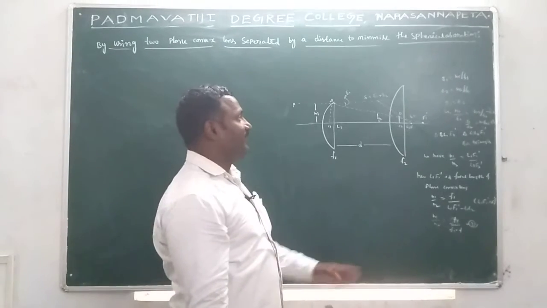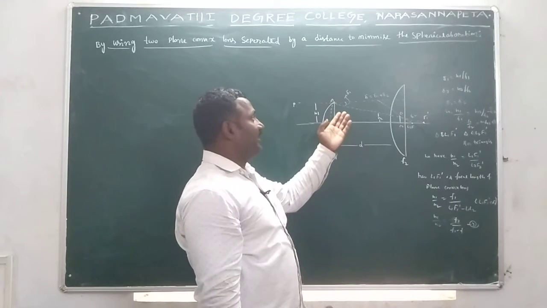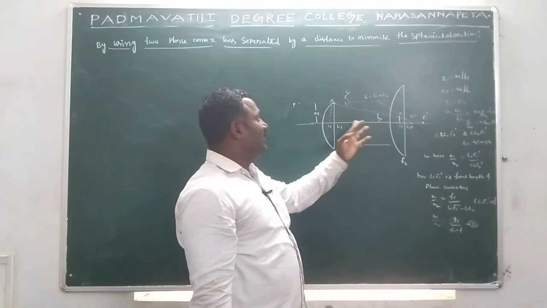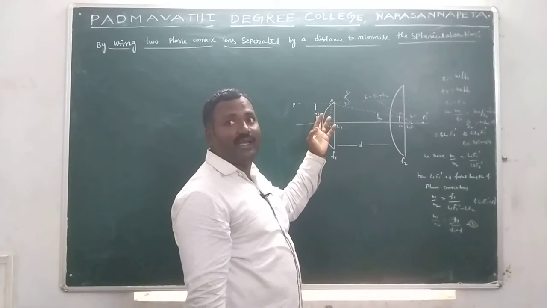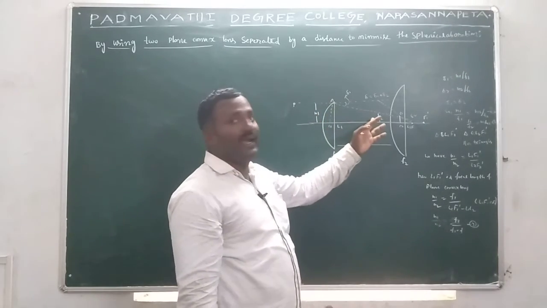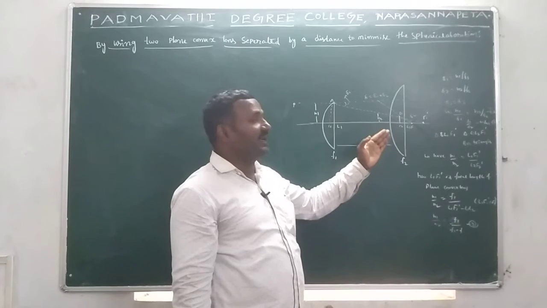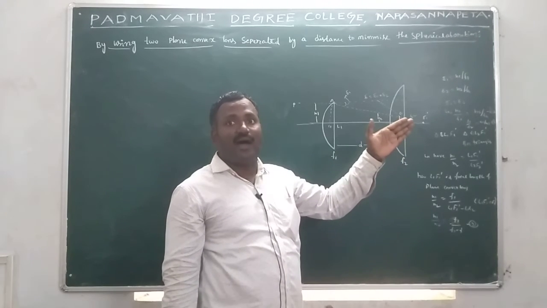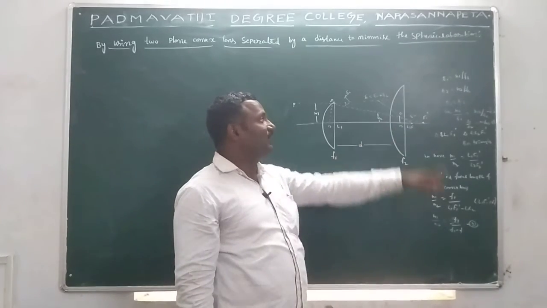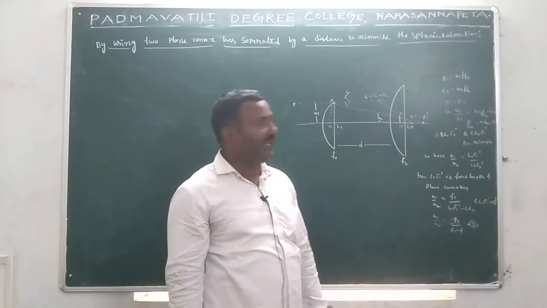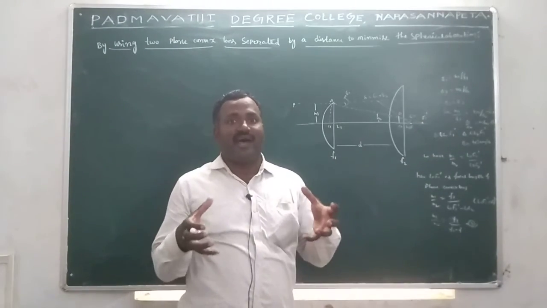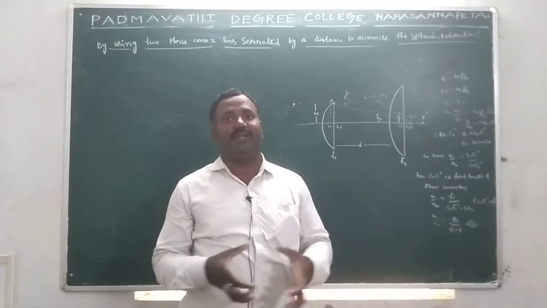After refraction, the ray makes an angle delta 1, and the incident ray is at height h1. After that it is refracted and the ray is incident on the second lens at height h2, and after that the image is formed at focus F. Here the angle is delta 2. So in this arrangement, spherical aberration can be minimized.